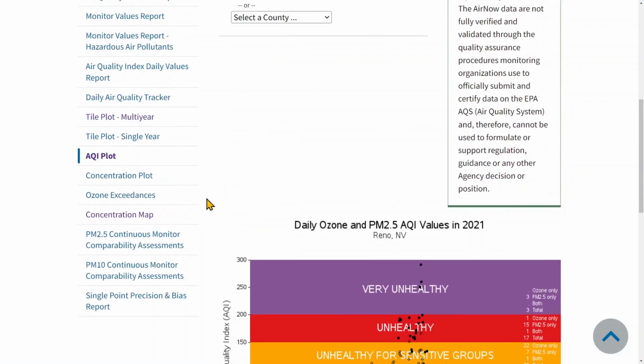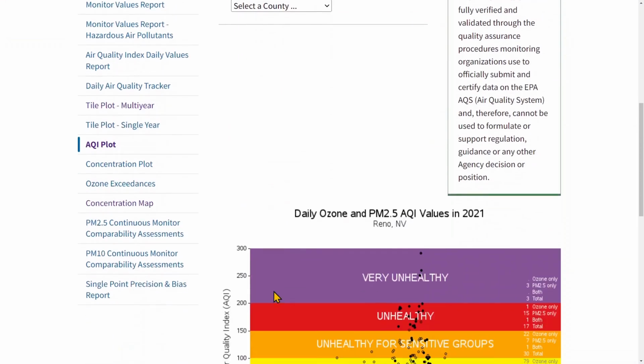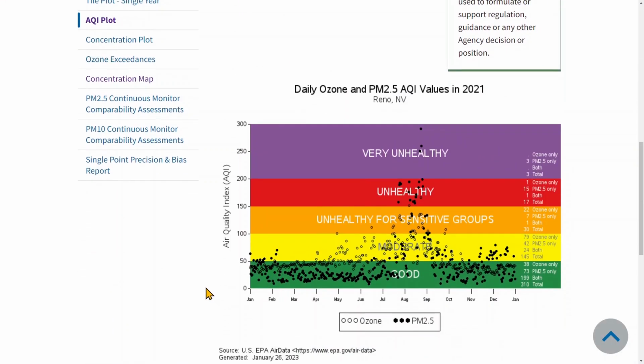EPA maintains a really nice air quality data visualization site. I really like this tool, the AQI plot. Here we've called up both PM 2.5 and ozone for 2021 in Reno, Nevada. And the open circles are ozone, and you can see they start to kick up starting in May into occasionally the orange levels. And ozone is really heavily driven by sunlight, whereas we had certainly a busy wildfire season as well, and that's what we're seeing with this spike of the filled in circles for PM 2.5 coming in